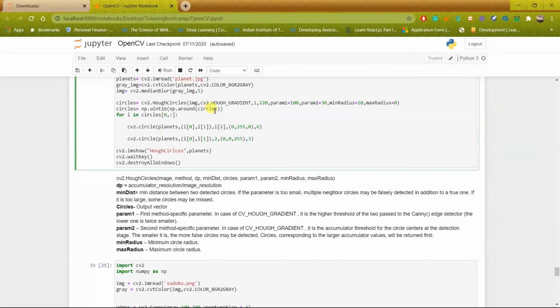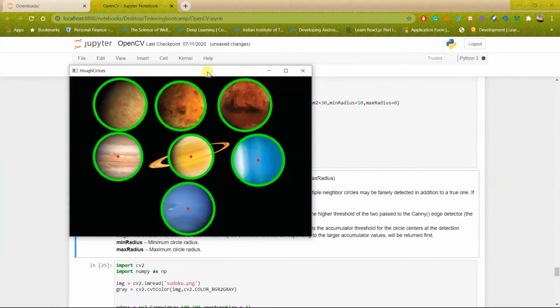The first element in a circle will be the x coordinate of the center, the second will be the y coordinate of the center, and the third will be the radius. Instead of assigning particular variables to them, I am directly using the elements from the list itself. So now if I run it, you can see here.